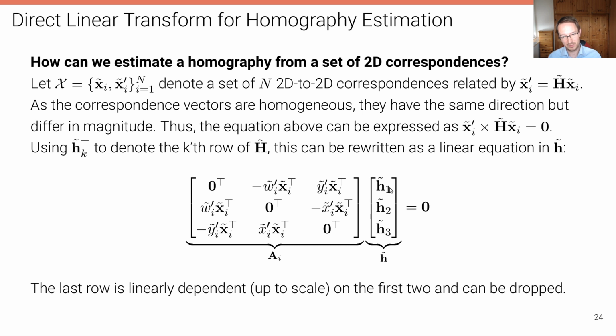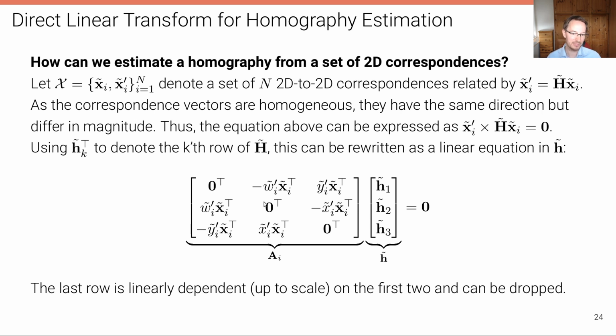So we have a 3x1 vector h1 and a 3x1 vector h2 tilde and a 3x1 vector h3 tilde that is multiplied with this row. And this is a 2x9 matrix. So each of these elements here has 3 columns and we have 2 rows. That means, as expected, we obtain 2 constraints per point correspondence, per i, where we can now stack all of